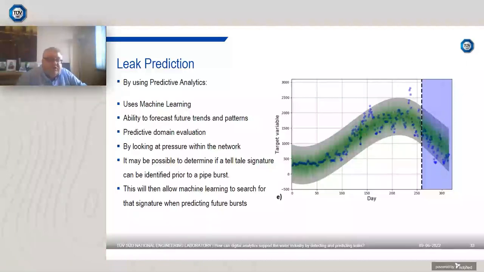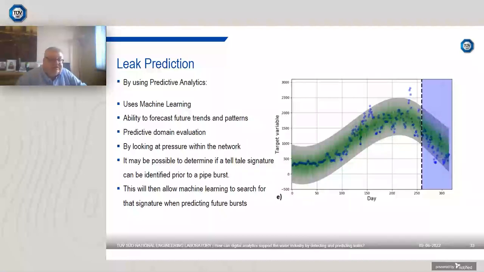This technique that has been generated in the previous cases can be used to help predict leakage in water mains. To do this will require more information than just generated by flow meters. By looking at the pressure measurements that may be present on your networks, it should be possible to determine a telltale trigger signal from previous bursts or leaks that could be used to predict when a leakage event may have happened. If pressure instrumentation is not readily available on your networks, it will be possible to add this instrumentation to